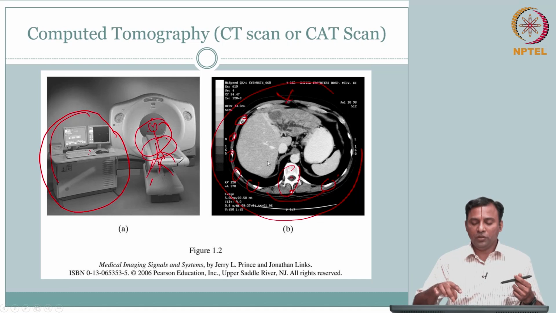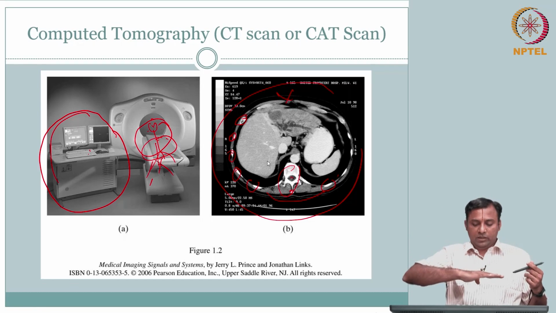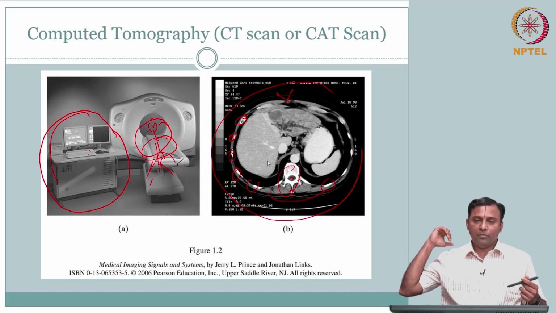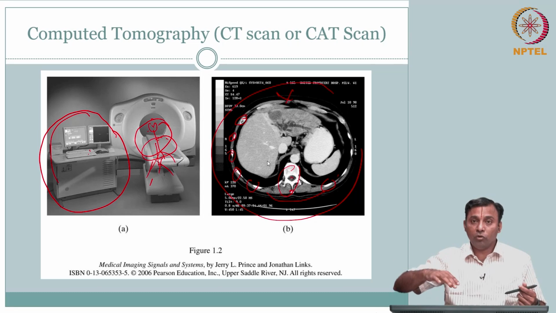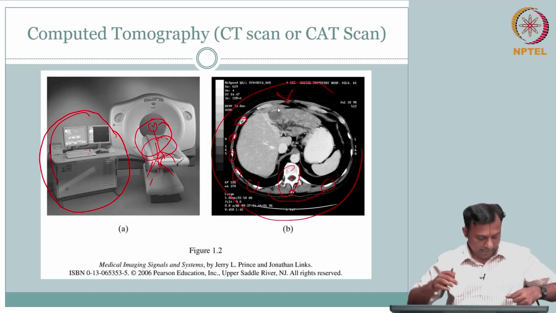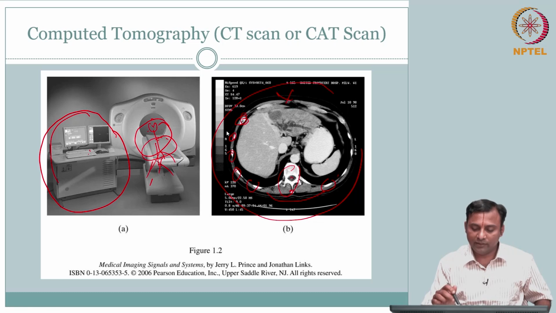So here, if you recollect, if X-ray goes through, like the person is lying down, you're going from the front of the body to the back of the body. This is tomo. So you are seeing through the slice. It is not collapsed. You are seeing through the slice. I will see the rib cage, cross section of a rib cage. Yeah, it will be like this.